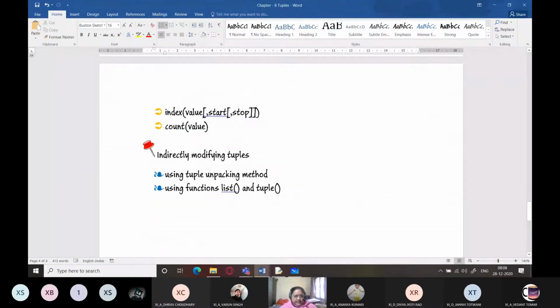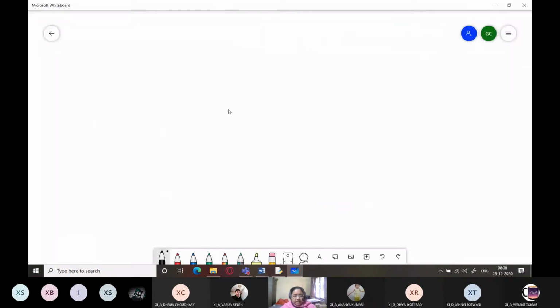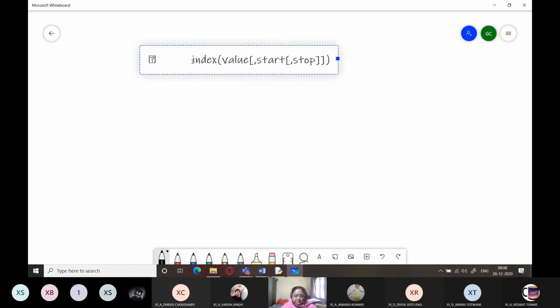Then we have index. So index is also a very interesting function which I had already explained when I was teaching you strings and lists. We'll see how index works.